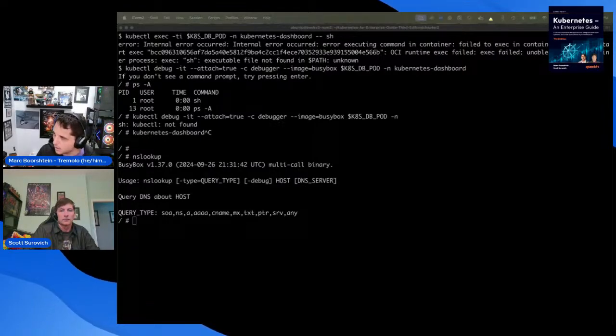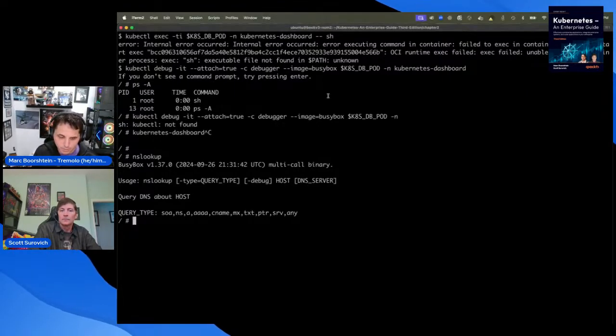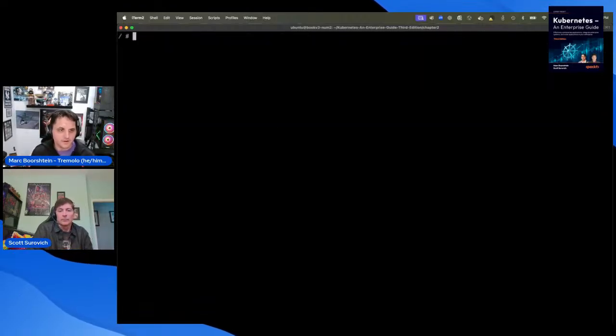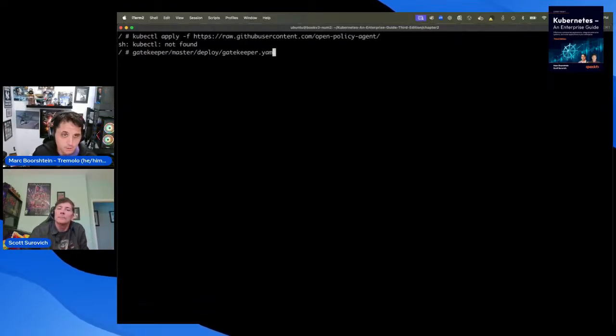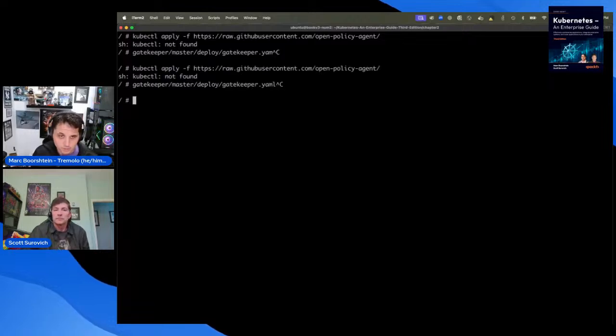All right. So I've been yammering for way longer than should be socially acceptable. So let's get started. I am at the bottom of page 354. And so the first thing we're going to do is redeploy Gatekeeper. I've got a fresh cluster here. I started fresh. I always start fresh.